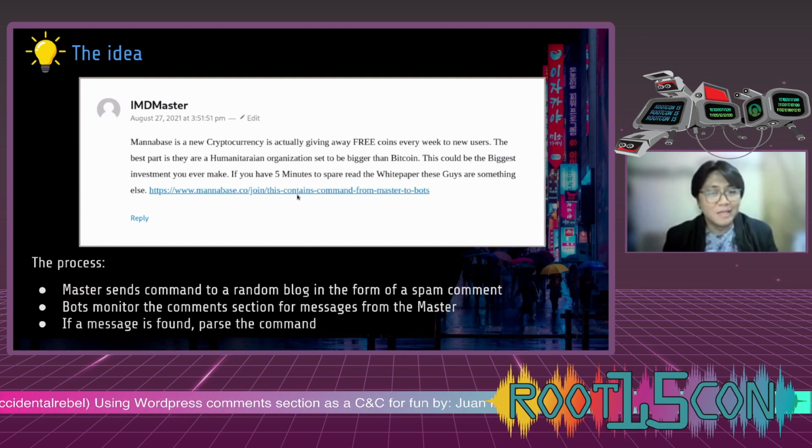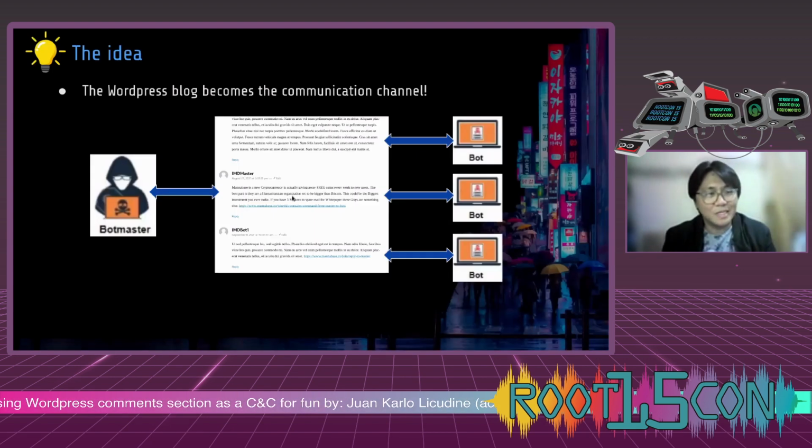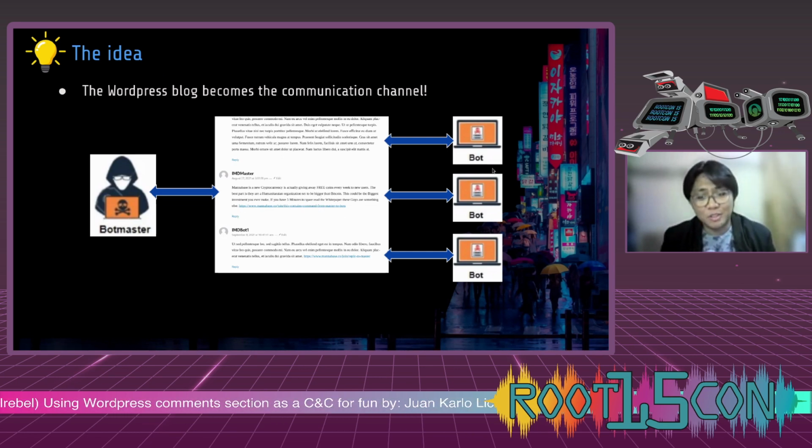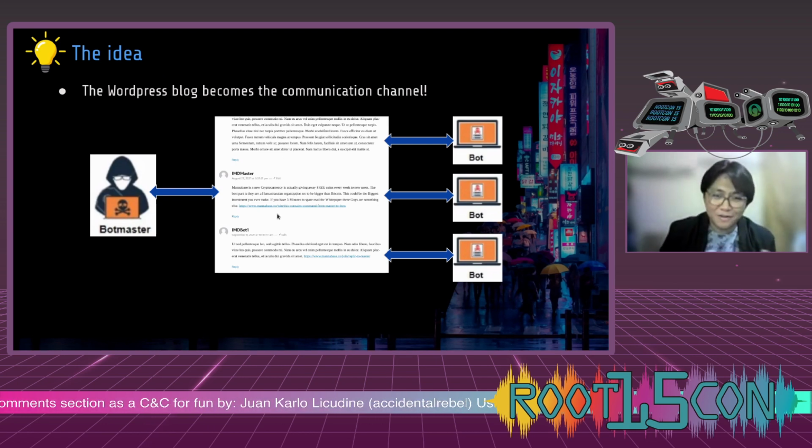Very simple. So from here, you could see that this is the beginning of the idea wherein we would be using the WordPress blog as the communication channel. The bot master posts a comment, the bots wait for the comment, and then the bots can post their own comments. The bots can then process that comment. So you could have a two-way communication, and you're using the WordPress blog as your channel. Now, this is very good, and I really like the idea, but the problem is